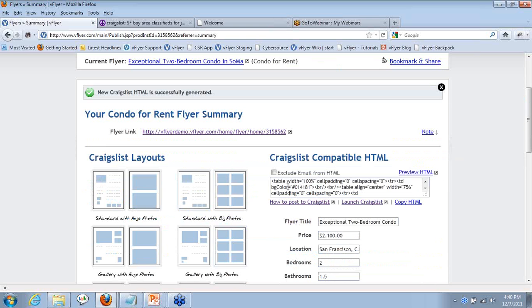And that updates my Craigslist HTML with that Showcase layout that I just selected. Okay, and now I'm ready to post this flyer to Craigslist. So the first thing I need to do is highlight the HTML and copy it. Done. And actually, before I do that, I'll note that Craigslist has recently been more aggressively discouraging people from including